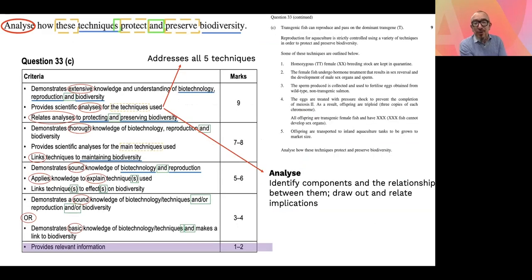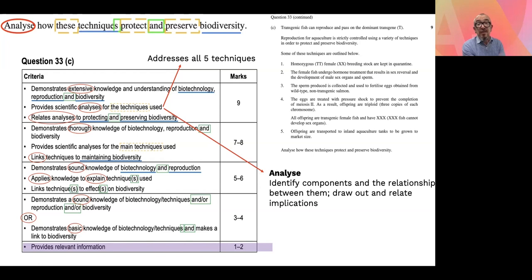So I'll leave you in your own time to read through this in detail. But again, at the top there, analyze. So we need to know what it means to analyze. And there I've got that nested definition for you. You need to identify the components within each of those techniques and the relationship between them as it relates to protection and biodiversity. Okay, so looking up at that 9-mark bracket, you can see that students needed to demonstrate extensive